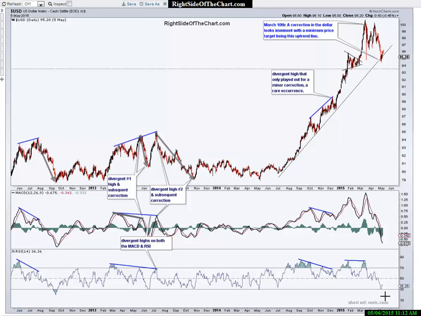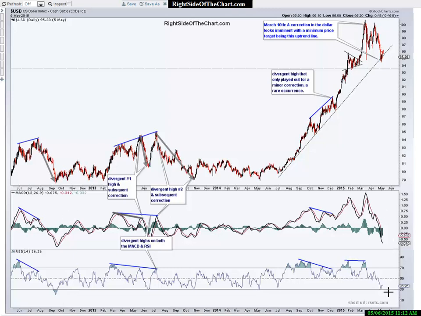Interesting to note, we are oversold. We went from deeply overbought to oversold in very short order. So, you can look at this chart or any other chart. Typically, when you have these RSI readings of 30 or lower, like we just had, follow the crosshairs up, you see we typically have reactions. We became very oversold back here. Went under the 30 level, and then we had a nice rally for a couple months afterwards.